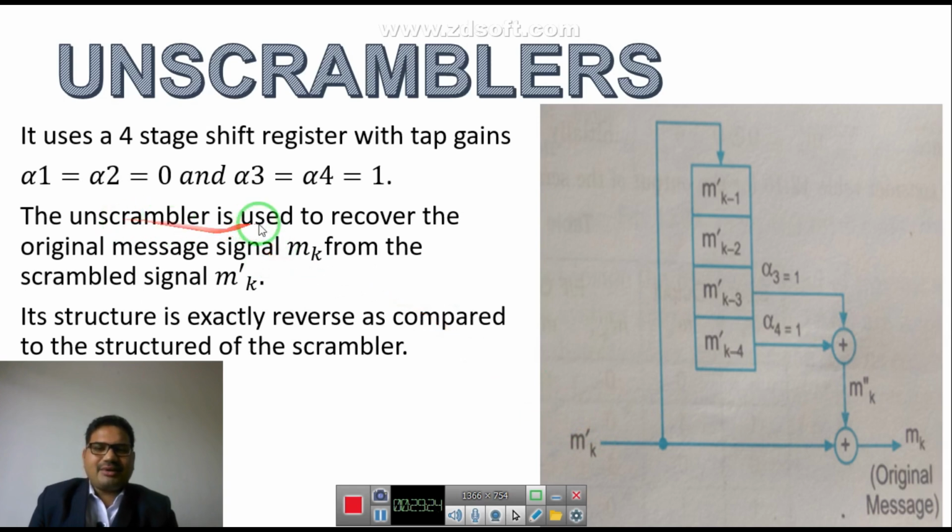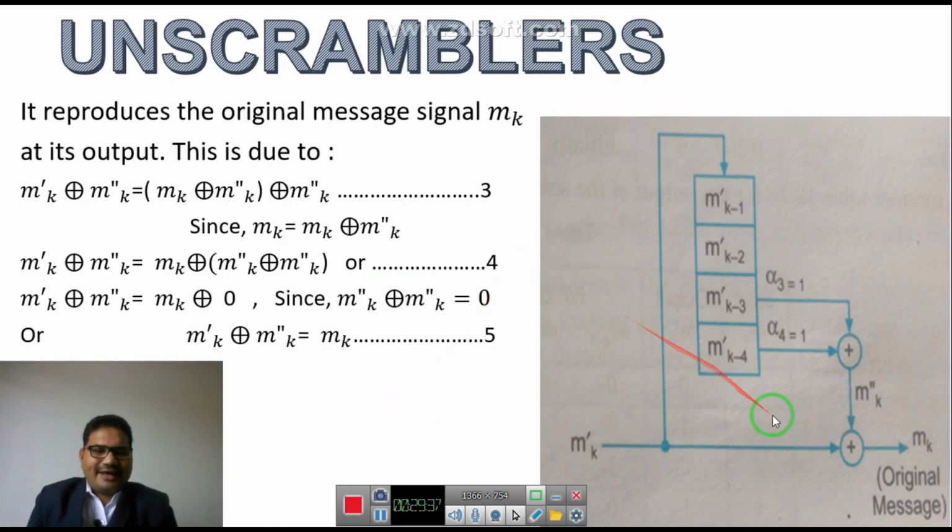So the unscrambler is used to recover the original message signal M of K from this scrambled signal M dash of K. Now M of K is going to be reproduced; it is nothing but your original message signal at the output. So now you can see on the screen how we can write it: M dash of K modulo 2 added with M double dash of K is equal to